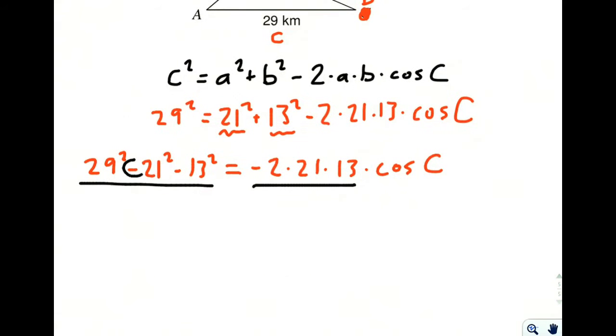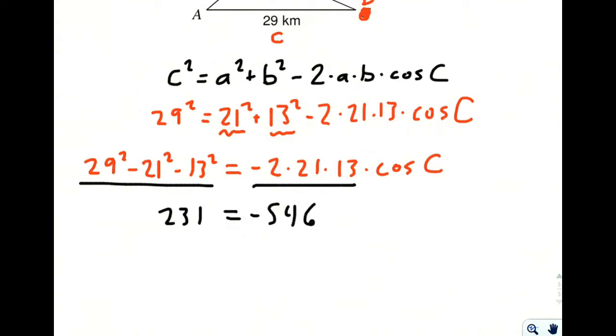Now this minus sign here is out front. It is not being squared. So this is going to end up being negative, as is this going to be negative. You're not squaring away that negative number. So type into your calculator 29 squared minus 21 squared minus 13 squared, and you get 231. On the other side, you have negative 2 times 21 times 13, and when you plug that all in, you get negative